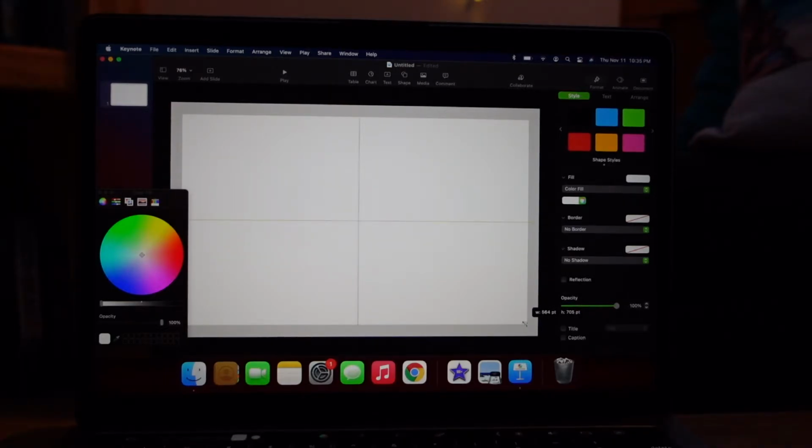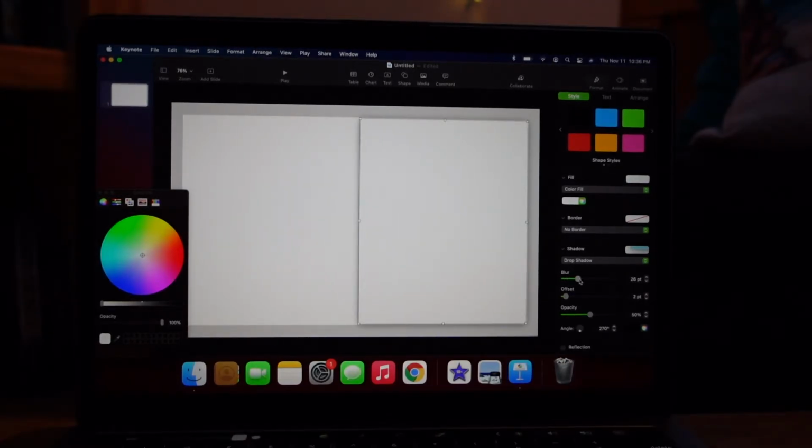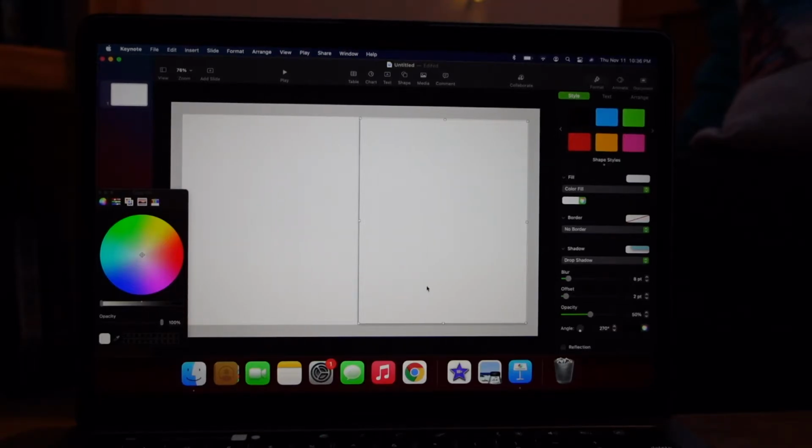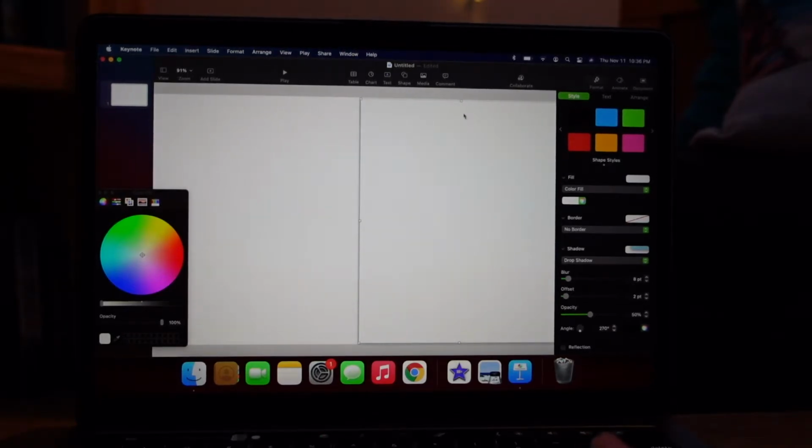So what you're going to do is pull the right side of the box to the left a little bit so that it makes it look like separate pages. It'll give it a cool 3D effect and make it look like multiple pages of a book lying on a desk. Hopefully the way that I explained that made sense to you, but you're going to do the same thing to the other side, and you're basically just trying to make it look like a realistic planner with actual 3D